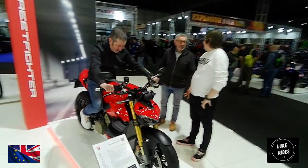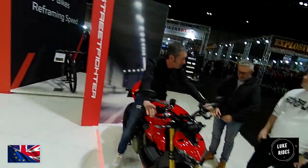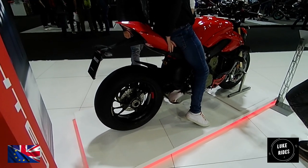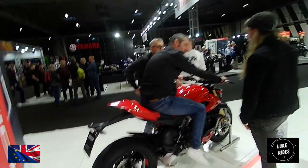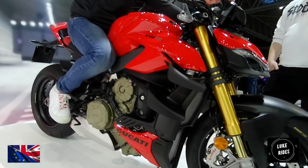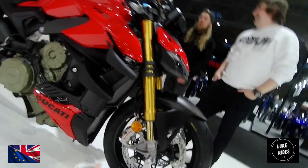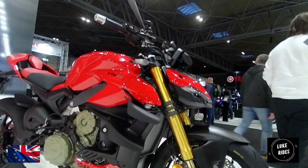Then you've got the Super Naked, so this is the V4, huge amount of power and torque. 208 is standard, and you've got to think to yourself, that is a lot of power and that's a lot of torque. Marchesini wheels, front and rear, and steering dampener standard. Gotta be red, Ducatis always need to be red, and that honking great big V4, huge engine, it just dominates. Quick shifter is standard, massive Brembos, nitro coating, super naked forks, massive radiators up the front,